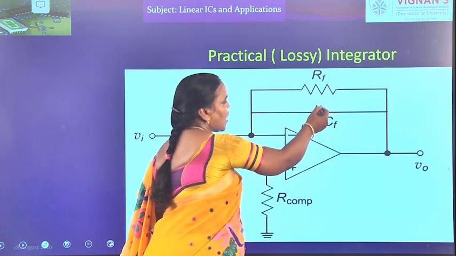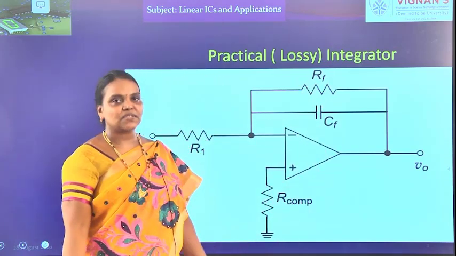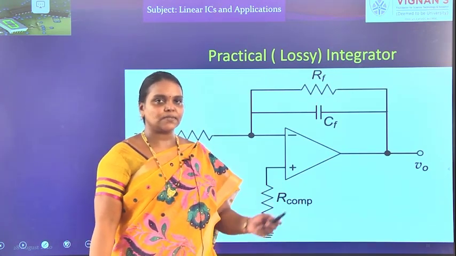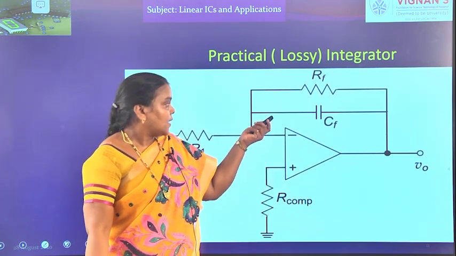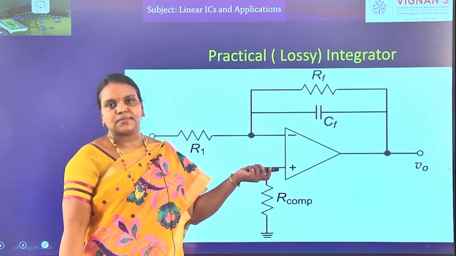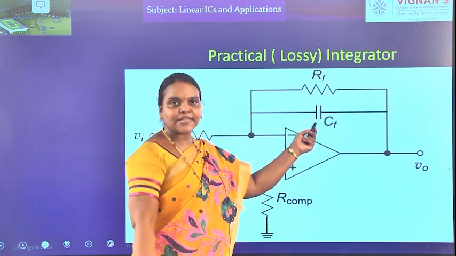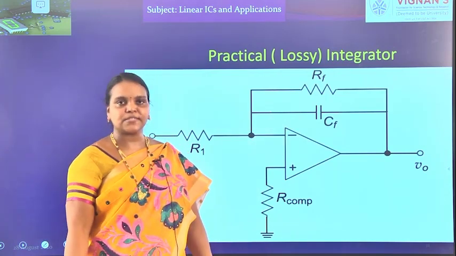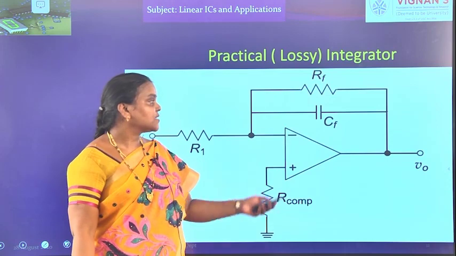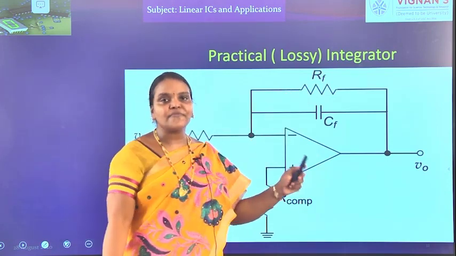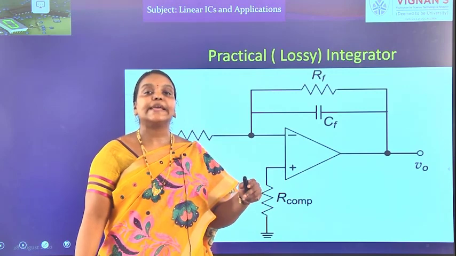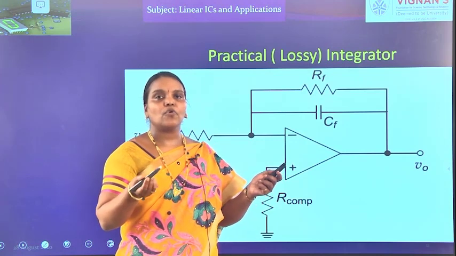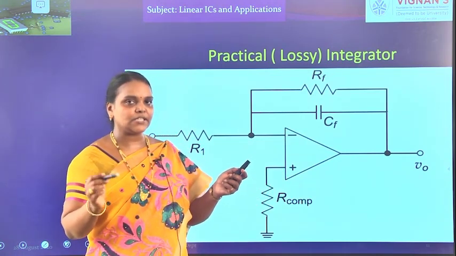So, by connecting Rf in parallel with this capacitor in the feedback path, we can overcome both the problems. Actually, what are the problems? The first one is for DC there is no feedback, because even the capacitor acts as an open circuit, but there is Rf. So, it is not an open loop configuration. And next, because of the presence of this Rf in parallel with this capacitor reactance, gain is not varying much. So, like that we will overcome the problems of the basic integrator circuit.